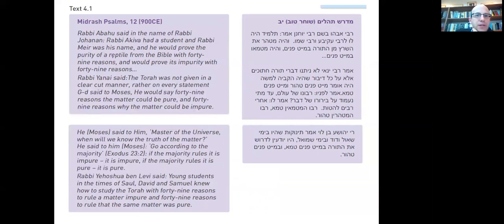Rabbi Abahu said, in the name of Rabbi Yochanan, Rabbi Akiva had a student, Rabbi Meir was his name, and he would prove the purity of a reptile from the Bible with 49 reasons and would prove its impurity with 49 reasons. Meaning he could argue both sides, how it could be pure and how it could be impure, using 49 this way and that way. That concept of 49-49 comes from an earlier tradition brought in the name of Rabbi Yanai,